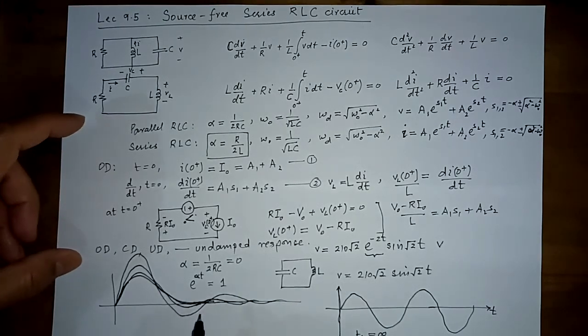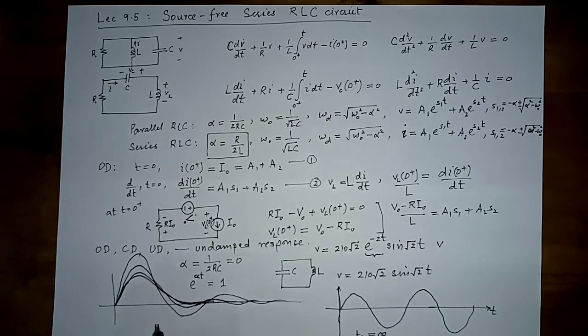So basically, based on our need, we can choose the values of the components by changing the value of R. Maybe sometimes L and C are not changeable, but R can always be changed to achieve the desired response. So with this article covered, we have read the source-free series RLC and parallel RLC circuits. We will now come to the complete response of the RLC circuit with a DC source involved as well.